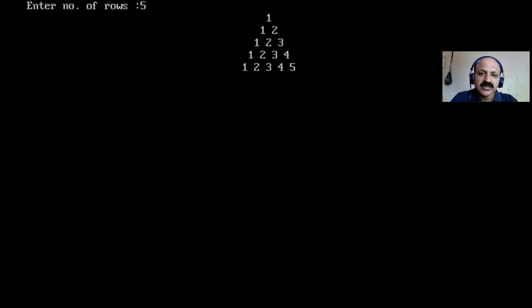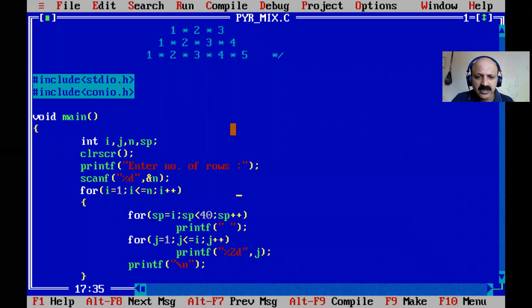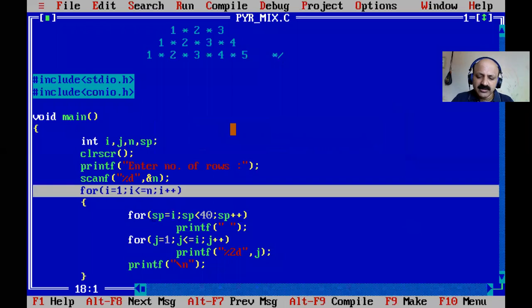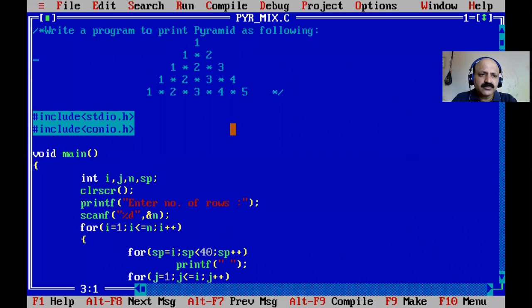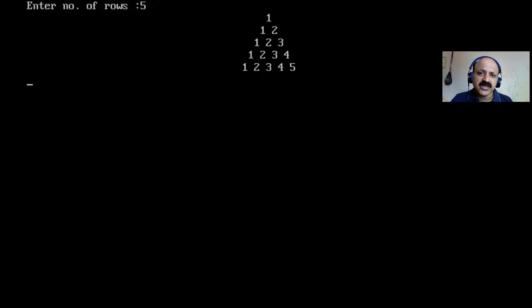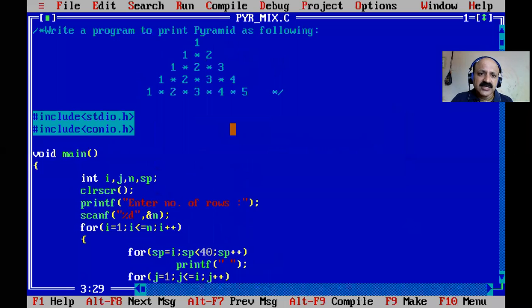Also you can do the inverse or mirror image. There are three shapes: left, right, and pyramid in reverse order. In my previous video lecture I already showed how we can change our main for loop, so I will not repeat this part again. You can watch my previous video on floyd triangle in the C language. Now you can look, our shape is very similar to our pyramid shape, that is, triangle converted into the pyramid, and it is very near to our target, because we only need to provide one asterisk in between here and here. So that is a mixed pattern.